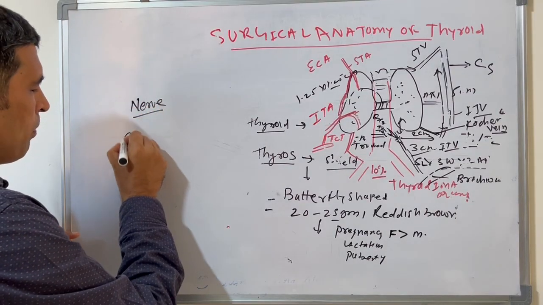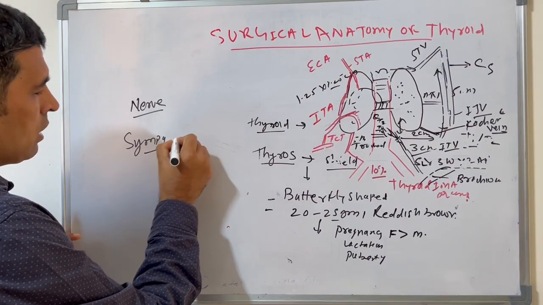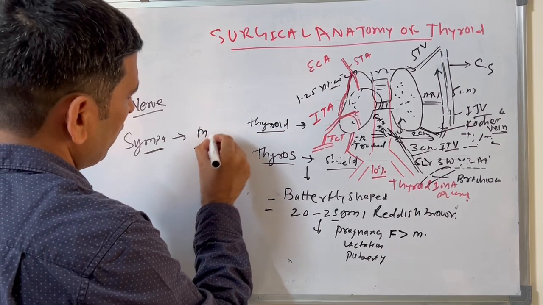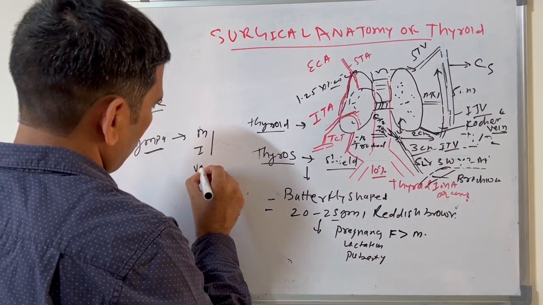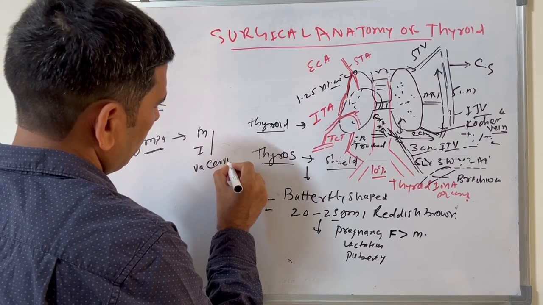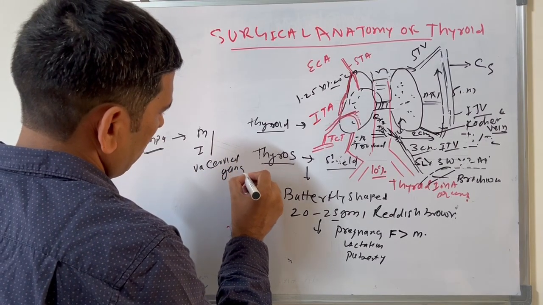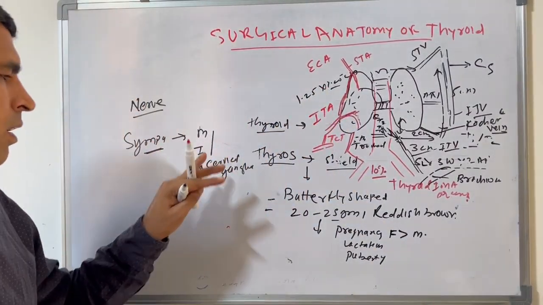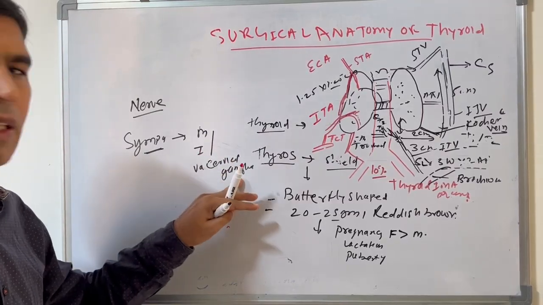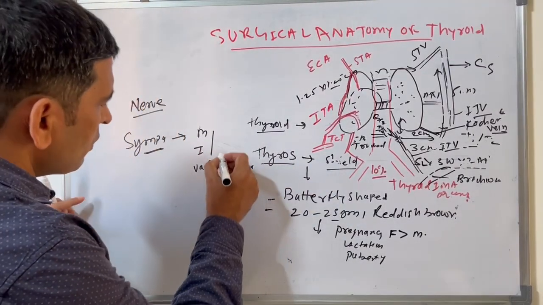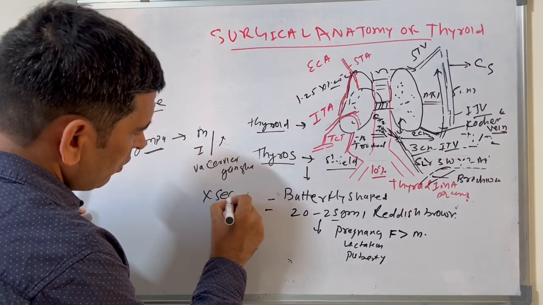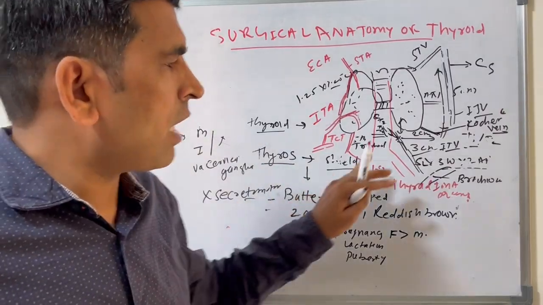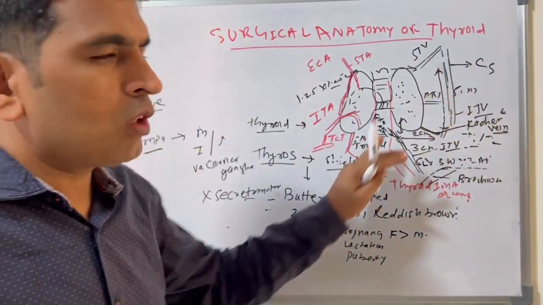Nerve supply. So the sympathetic supply of this thyroid is coming from the middle and inferior cervical ganglia. So the sympathetic supply of this thyroid is coming from the middle or inferior sympathetic cervical ganglia. And this is not secretomotor. What is secretomotor? Because the endocrine function is directly handled by the thyroid stimulating hormone from the pituitary gland,